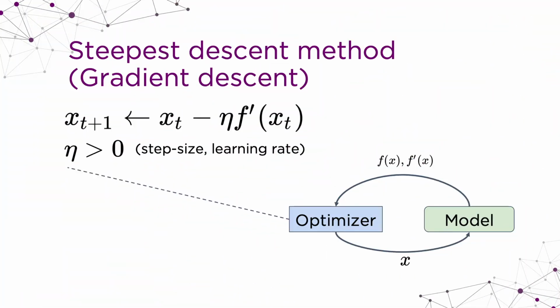We will use this gradient as our descent direction. So the parameters at time t plus 1. At the beginning, I will be at time t equals 0, and I must initialize my parameters. The parameters will be initialized by calling the initialization method in the modules. Then I will do one step. I will ask the model to compute the forward, backward, and provide me a gradient, and this optimizer will do the